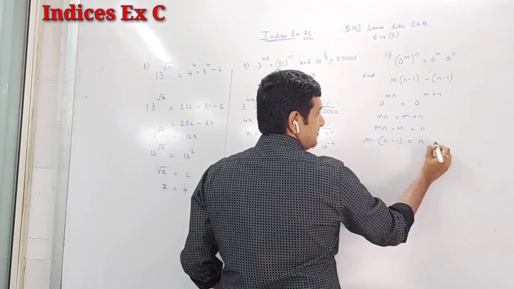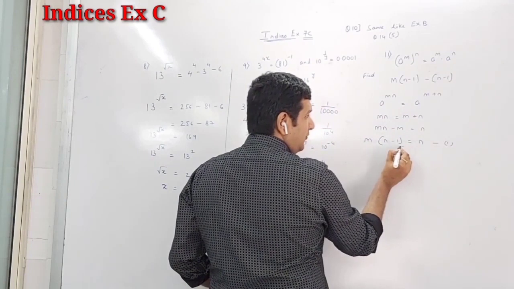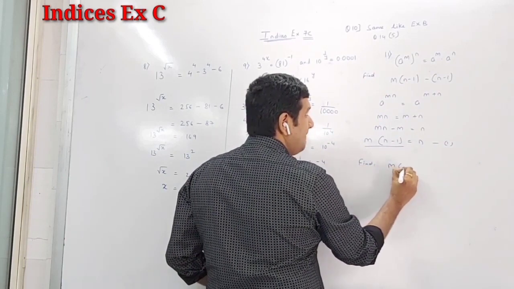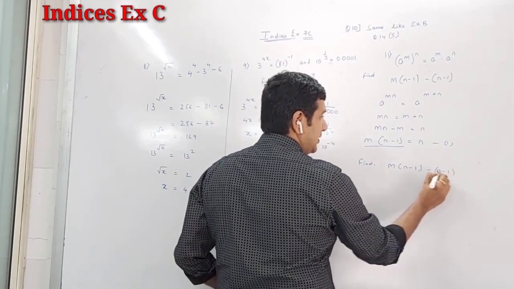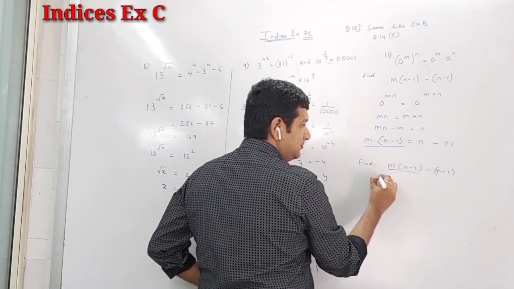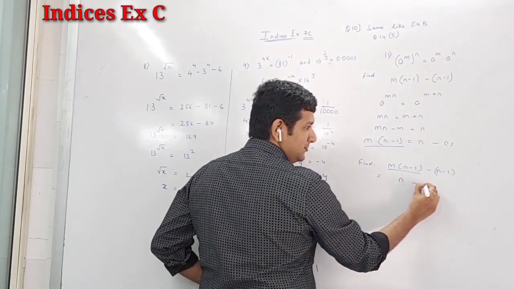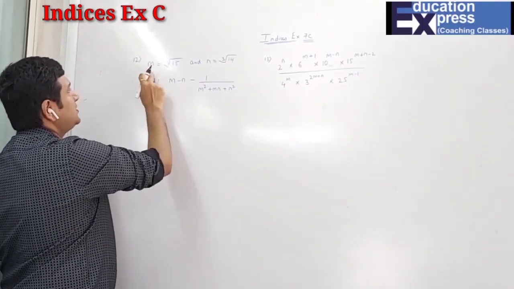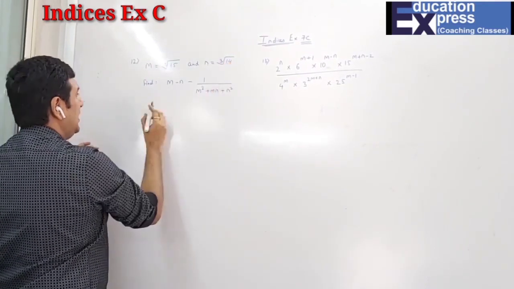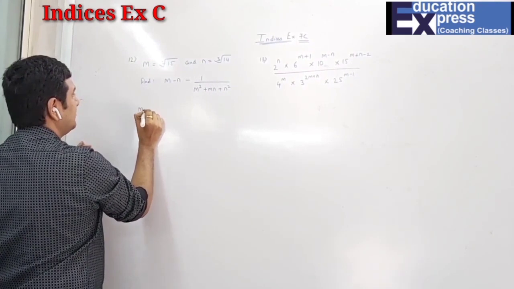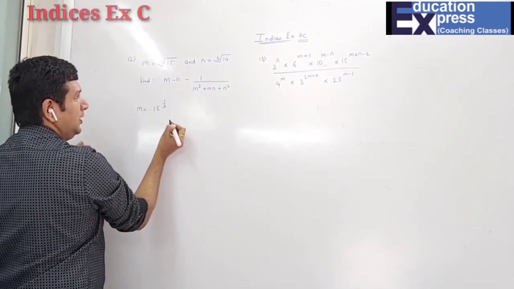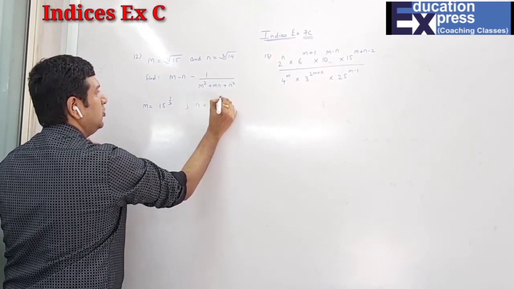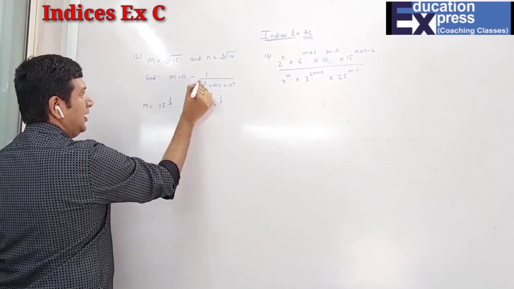Now see here. If I put the value of m into n minus 1, I want to find the value of what? n minus 1 minus n minus 1. So the value of the whole thing is nothing but n. Then minus, open the brackets, n plus 1, n plus, answer is 1. Now, since m is cube root of 15 and n is cube root of 14, I have shown you the other way of writing this: 15 raised to 1 upon 3, because power is 1, root is 3, and n is 14 raised to 1 upon 3. We have to find the value of this.